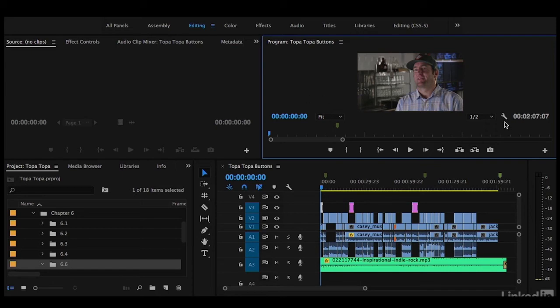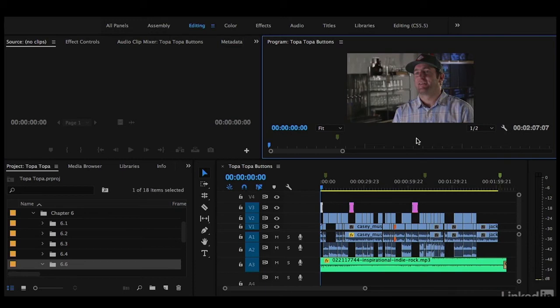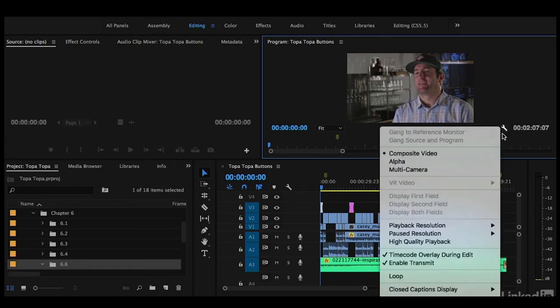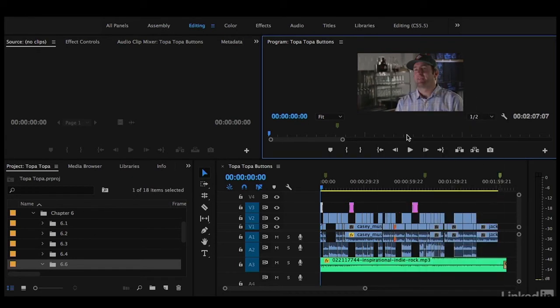You just come to this wrench here and deselect Show Transport Controls. Okay, so if you're 100% on the keyboard and you don't use the buttons on the interface, you can give yourself a little bit more room that way. But I'll go ahead and turn that back on, and let's take a look at how to modify this button